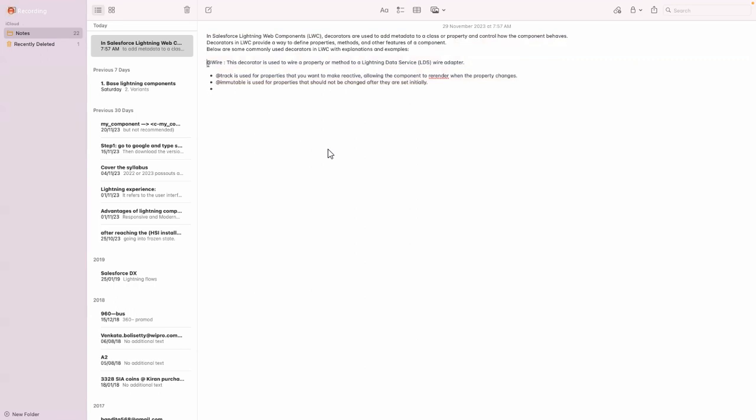So, the @wire decorator. This decorator is used to wire a property or method to a Lightning data service wire adapter. Using this wire decorator, we can connect this Lightning web component to an Apex class. And the next one,